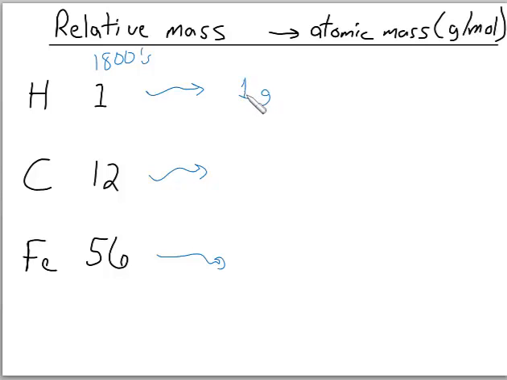And we're going to say, okay, let's use a unit. Again, I think a professor of history of science might cringe at the way I'm doing this. But think about it this way. So we have these relative masses, and we say, let's just use a unit. What if we have 1 gram of this and 12 grams and 56 grams? Basically what we're doing is converting the relative relationships by mass to a particular unit. And lo and behold, what we find is that when they did that,